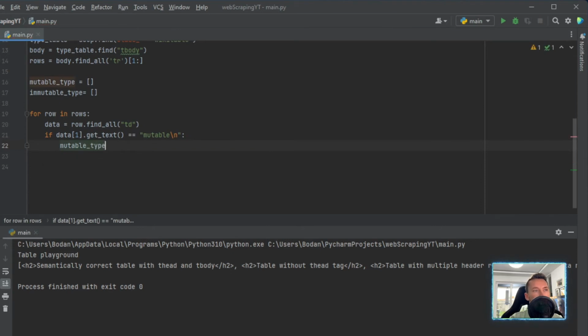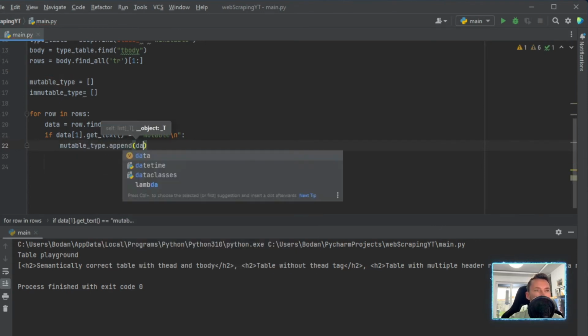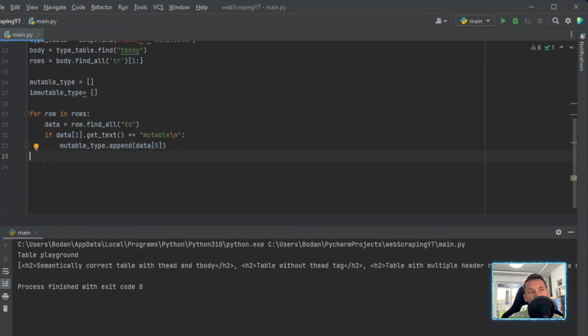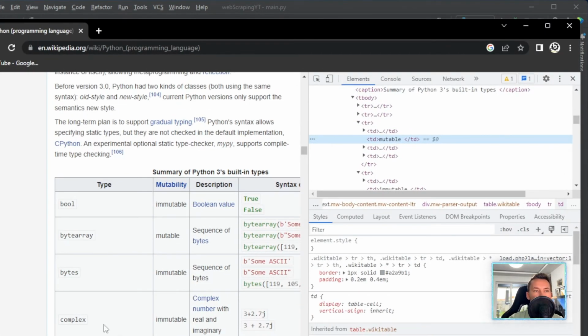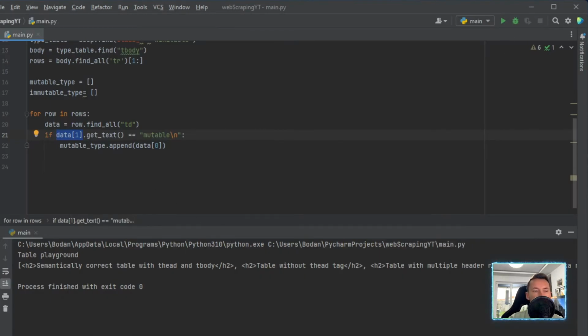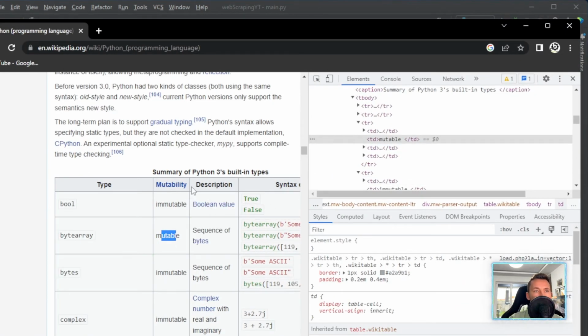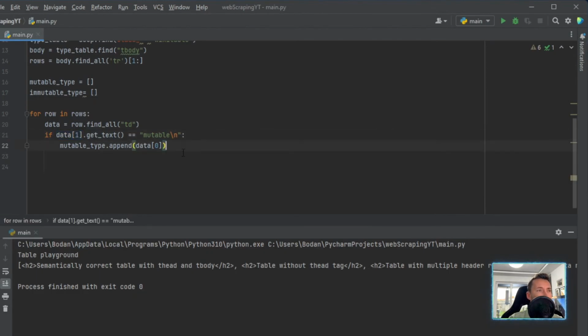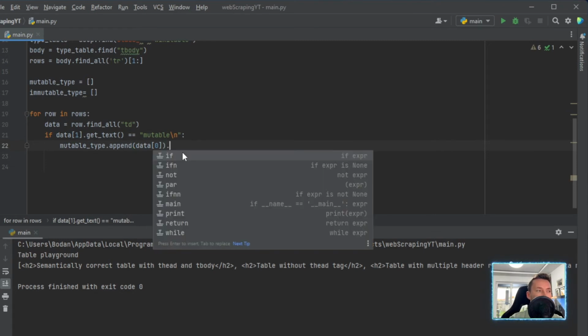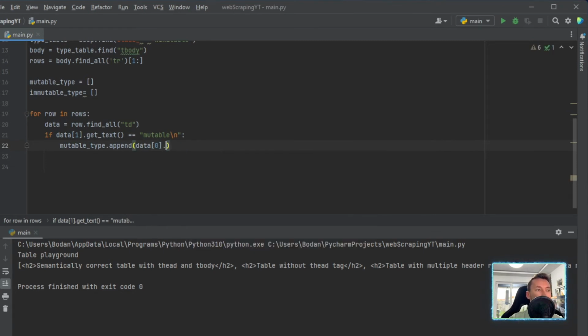So I will go with mutable type data append, and in this case I will go with the data 0, because what I was doing right now, I was going through the data 1, which, as I mentioned, we start from 0 to count. So data 1 is basically the second column. So we've been going over those, and if this is basically mutable, then this type will be actually stored in the list, right? So not the value of the mutability. So we store this, but we want to make sure we actually append the text, right, and not the HTML